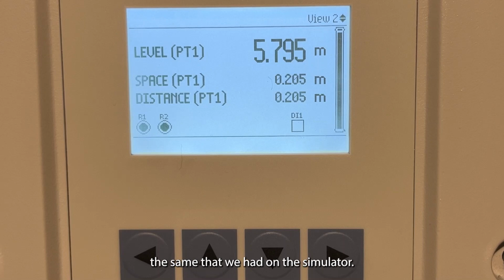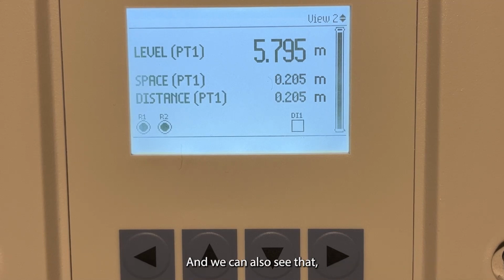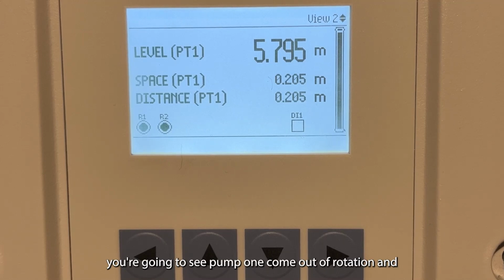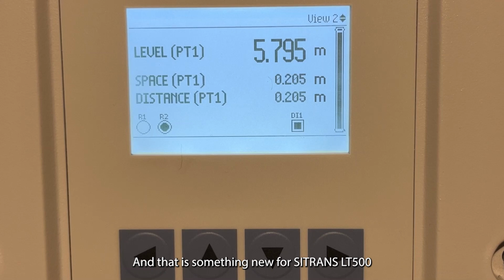So here we have a live setup, the same that we had on the simulator. We can see that we're reading over 5 meters of level. So both pumps are on, pump 1 on relay 1, pump 2 on relay 2. And we can also see that our digital input is now active as well. So that icon is also on the top level view. What's going to happen is as soon as I engage that digital input, you're going to see pump 1 come out of rotation and relay 1 will disengage. So there we see the digital input turn high, relay 1 turns off,